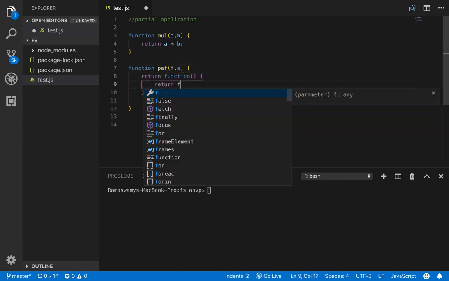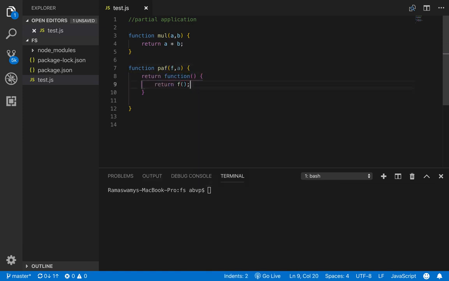Alright, so return f. Now this function will accept our second argument, which is b. And when we call f, we pass in a and b. So this is our partial application.